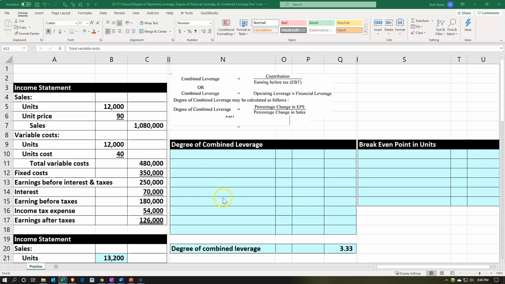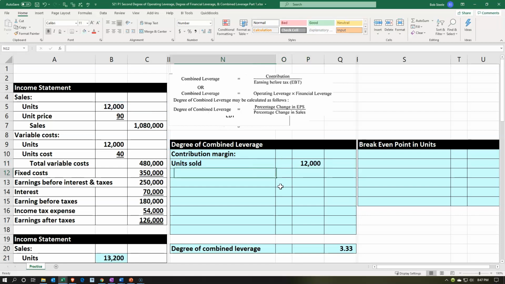So the contribution margin, again, we could simply take the sales total minus the variable cost total to give us the contribution margin, or we can use the formula where we take the unit contribution margin times the units that we will have. Let's do that method. So we're going to say contribution margin colon. So we're doing the numerator now, putting this in kind of like our tax return format. So we've got the units sold,